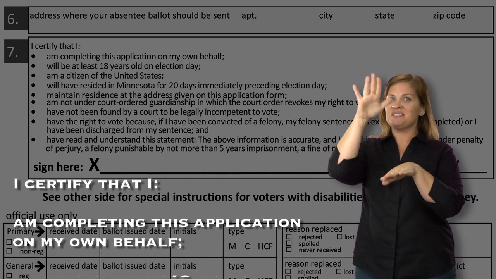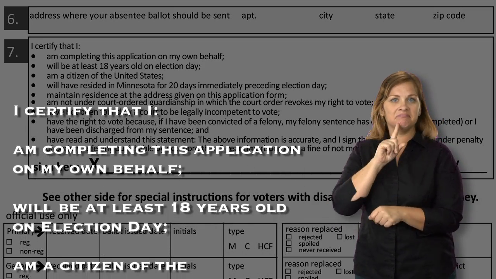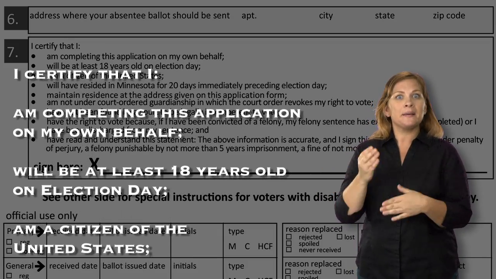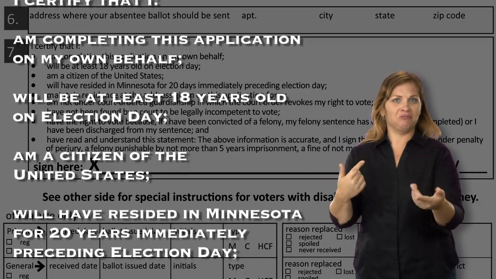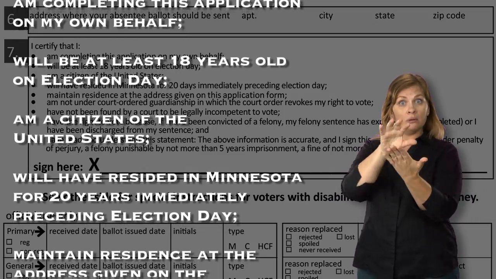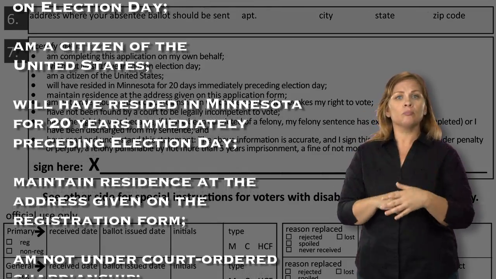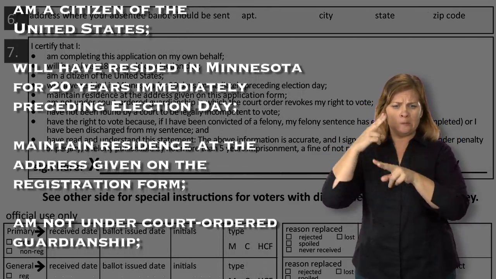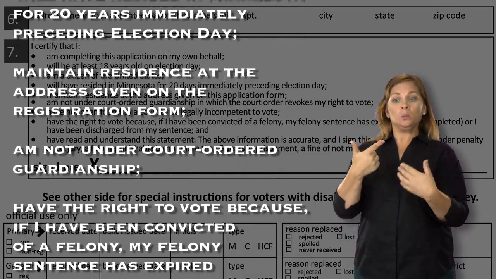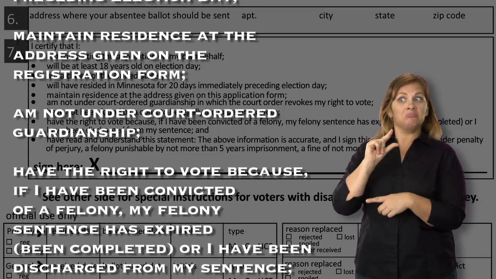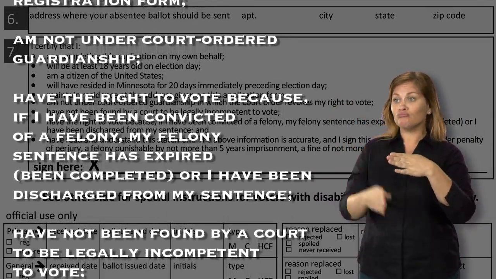I will be at least 18 years old on Election Day, am a citizen of the United States, will have resided in Minnesota for 20 days immediately preceding Election Day, maintain residence at the address given on the registration form, am not under court-ordered guardianship in which the court order revokes my right to vote, have the right to vote because if I have been convicted of a felony, my felony sentence has expired, been completed, or I have been discharged from my sentence,